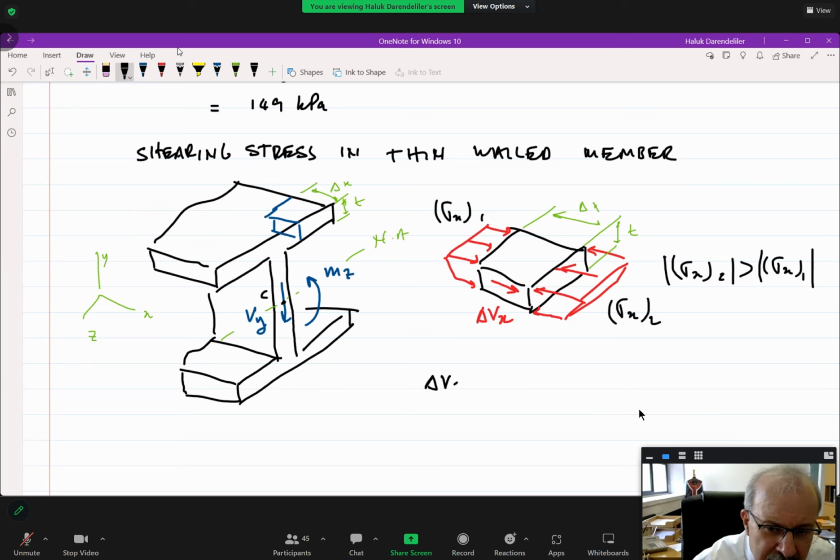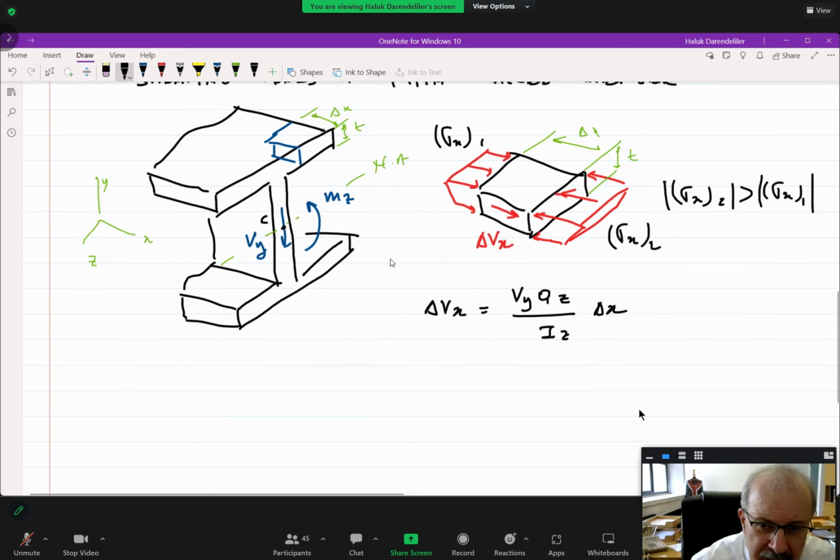Delta Vx, as before, Vy times Iqz over Iz times delta x. Now we found the same equation, but now there is a shear force on a vertical plane. Okay, so if I take a cubical element from here, look, if I take a cubical element from here,